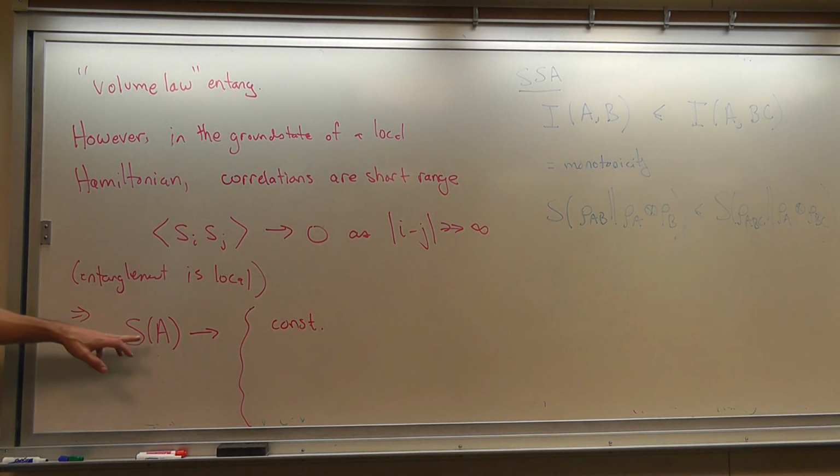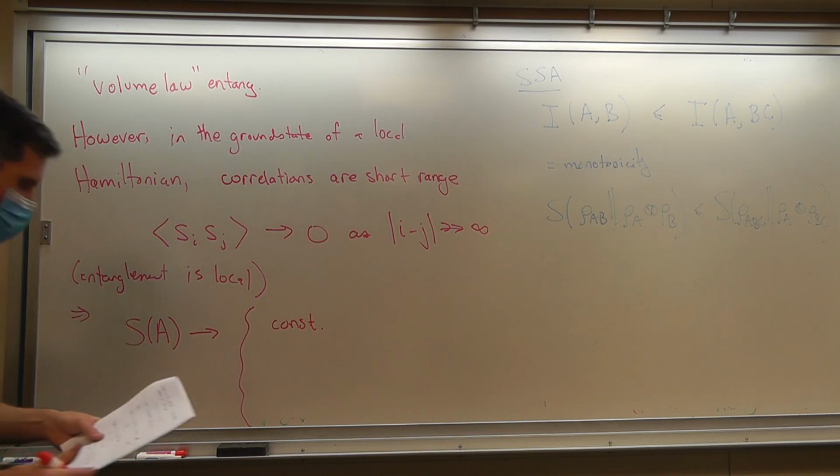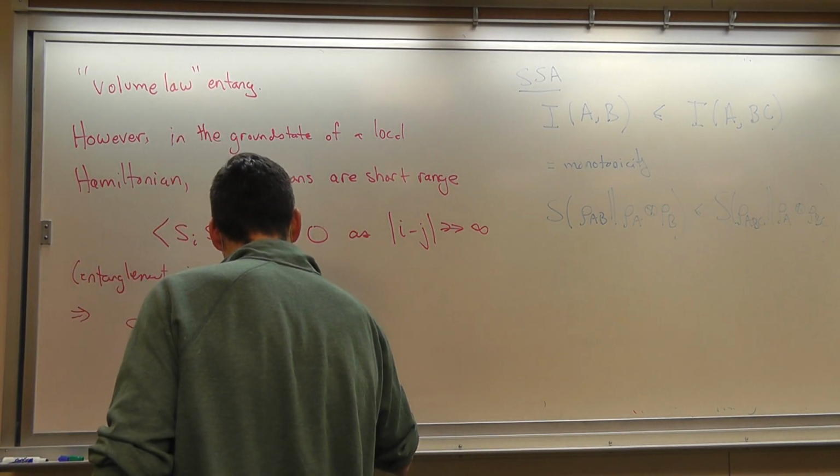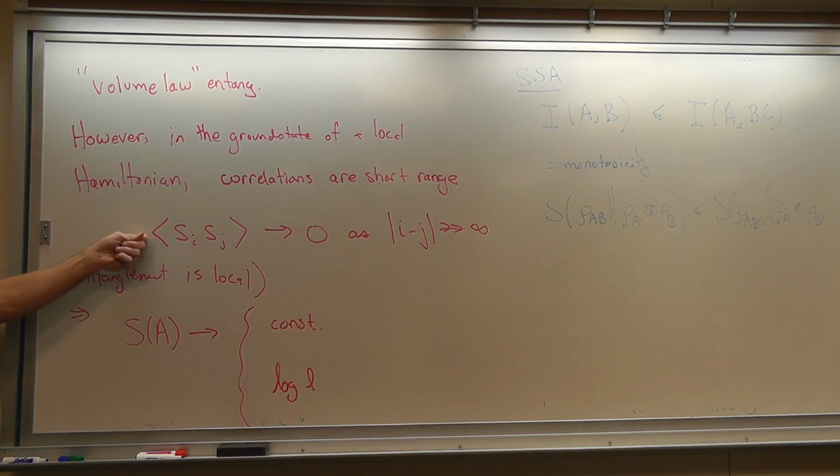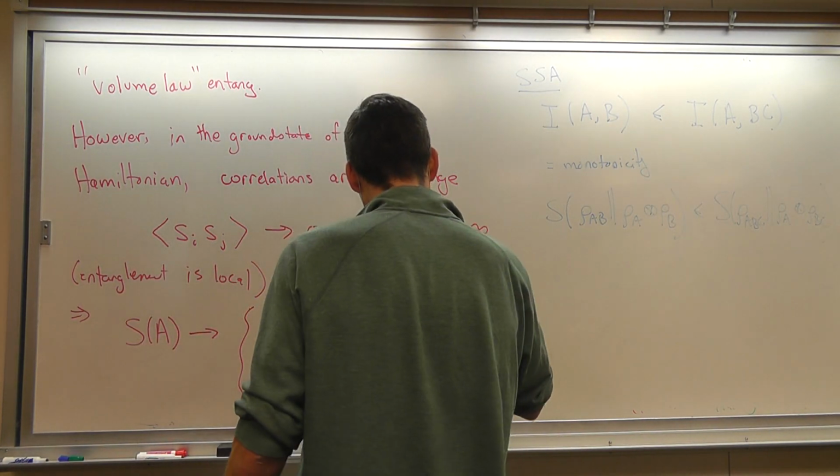Meaning not a function of L, meaning independent of L. Okay, so as long as it's much smaller than the whole system. The other thing that can happen is this can be slightly violated, and you can get log L. The distinction between these is a difference of how long range the correlations are. So, in fact, the constant is what you get in gap systems,